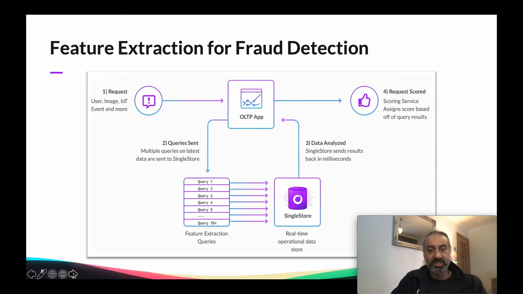SingleStore in real time executes the SQL. It executes against the historical data and the real-time data that's been passed in. The data is analyzed and then passed back into the application, and then the request is scored and passed out, and a result is sent back. So it gives you some idea of how and where SingleStore sits in terms of the end-to-end operational execution of machine learning.